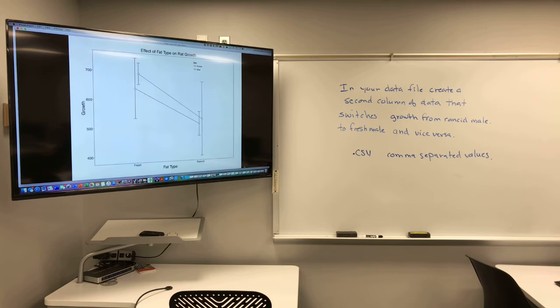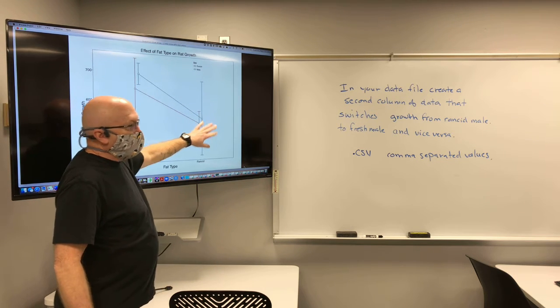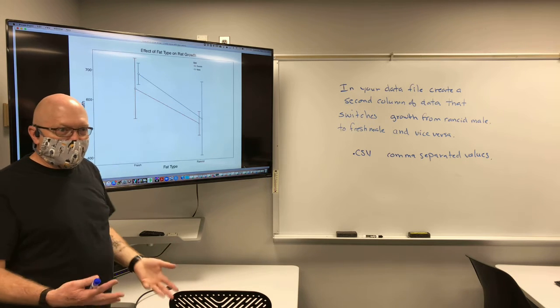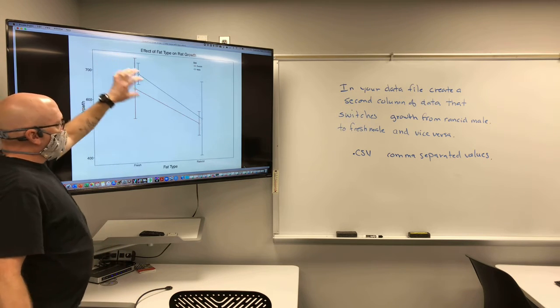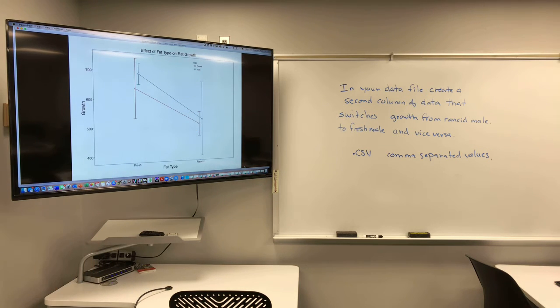when we graph it is that we see the main effect is a difference between fresh fat and rancid fat. There are differences between males and females, but they're not statistically significant because they're swamped out by the big variation between fresh and rancid. Now, what I asked you to do here today at the beginning was to flip these